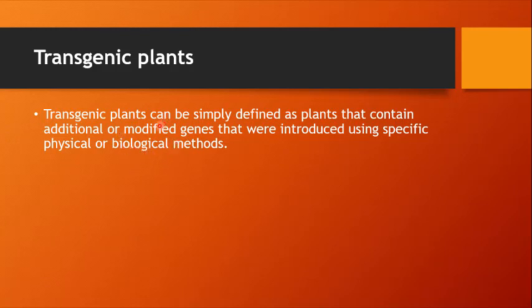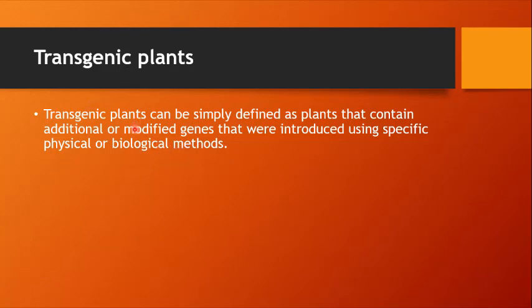It is obvious that if we are going to modify a gene, first we have to isolate that particular gene and then insert it into a plant. In both cases we use either physical or biological methods, or there is also a chemical method of gene transfer as well. We have studied mostly the physical methods, and next we are going to study the biological method. We have also studied the plasmid method, but now we are going to study other methods like the Agrobacterium method, the Ti plasmid method, which will be discussed in this particular topic.